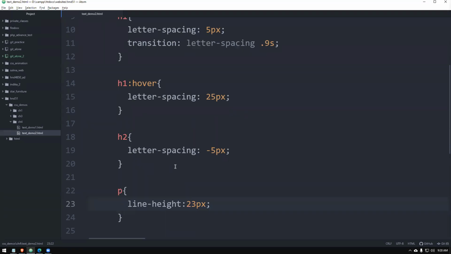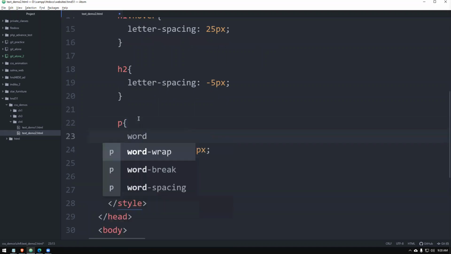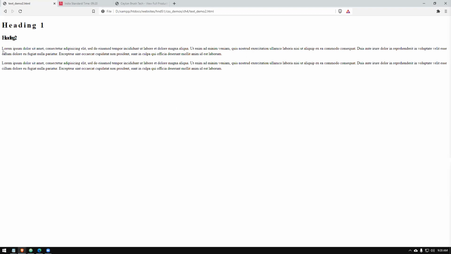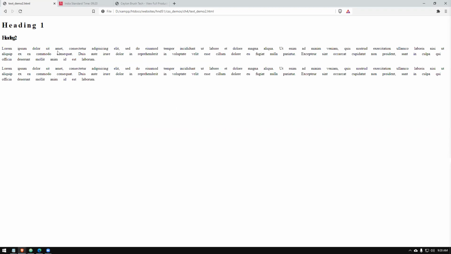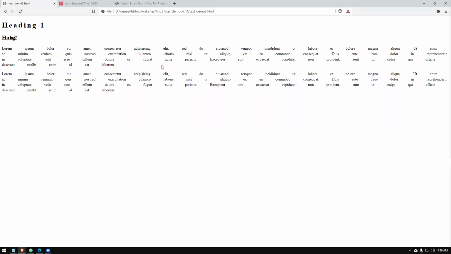Word spacing also we do. Letter spacing we did, word spacing also we do. With the formatting itself, you would have understood what this is, right? Let's say if we give word space of 20 pixels, in between every word there'll be a gap like that. If you really should have this kind of formatting in your web page, you can think of having it. But not all the time you need this, but sometimes there can be occasions where you need this. Then you can make use of this. Other than that, just leave it.